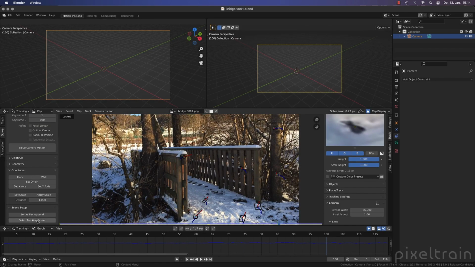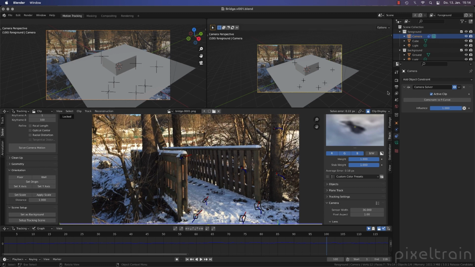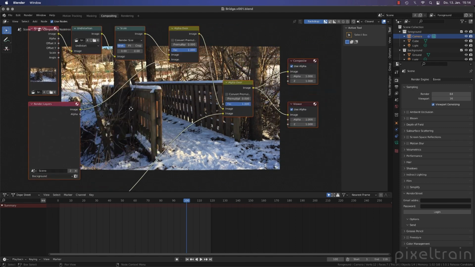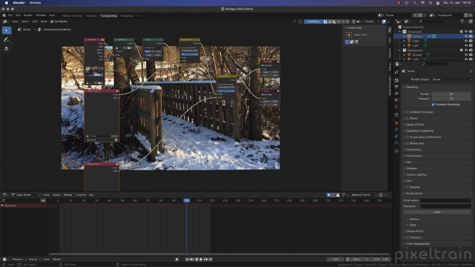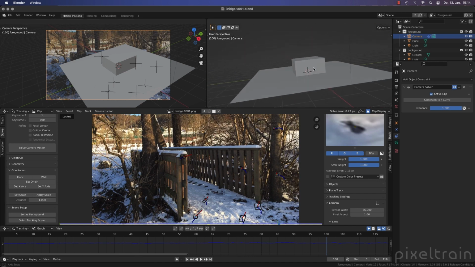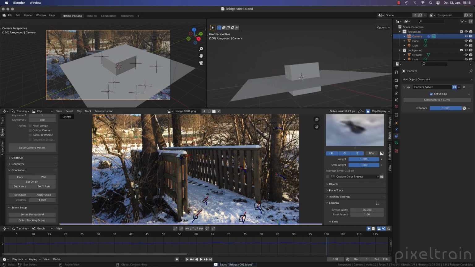But in the moment you click here, set up tracking scene, you will see we have now 2 render layers, foreground, background. We have now a compositing setup here, which we talk about in a moment. And we also now have our objects in the scene. So that's the magic of this button here. That's really great. We will change a little bit of that here in a moment, but that's it. So let's save this scene here. And in now my second part, I want to adjust now the whole thing.